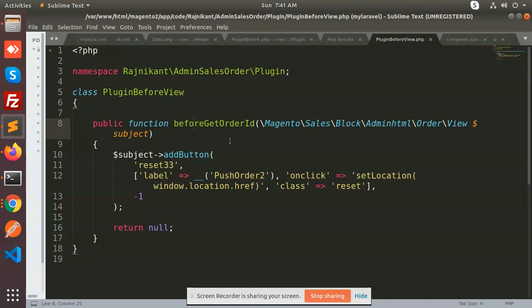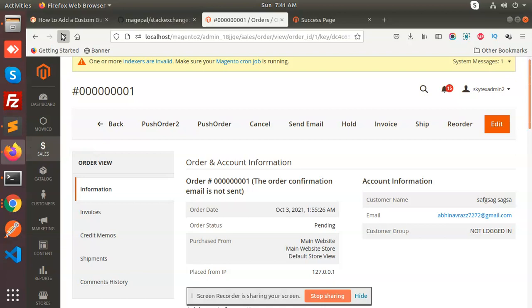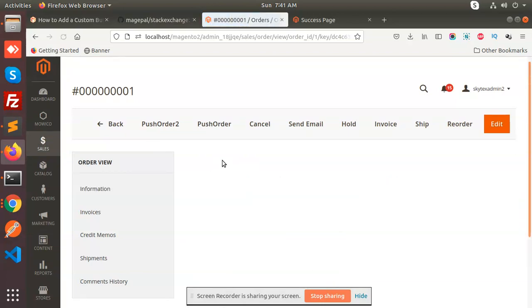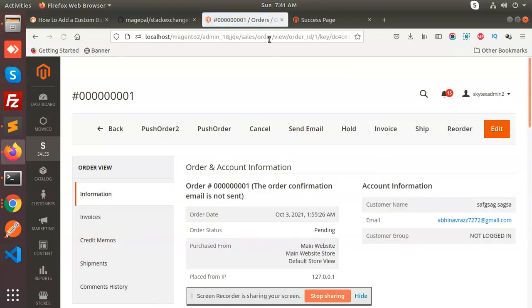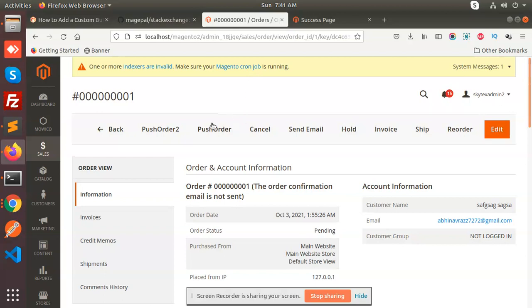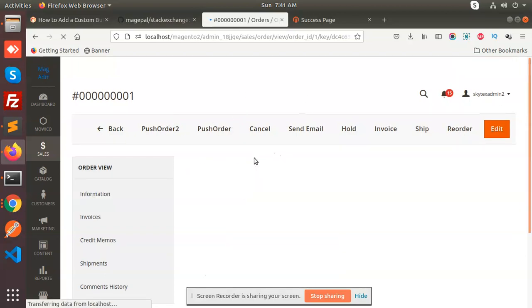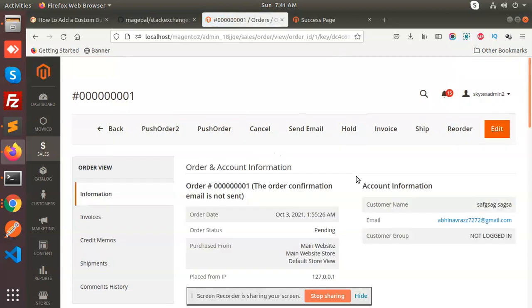So this is how we can override using the plugin method. Okay, so this is how we are managing the things. See, we have the two buttons. Right now what is happening, if I click on this button, it will redirect to the same location, because sales order view, which I already mentioned in window.location.href. Again the same button. See, nothing will happen.